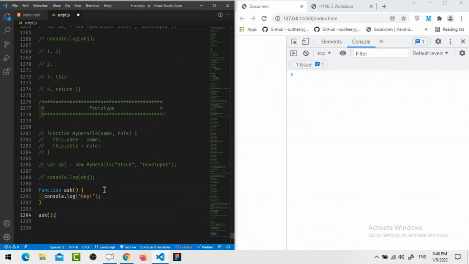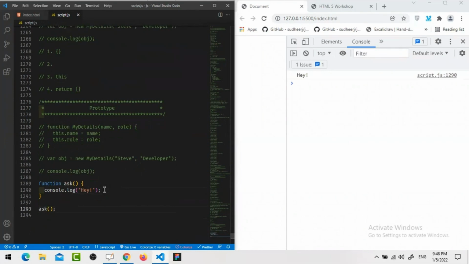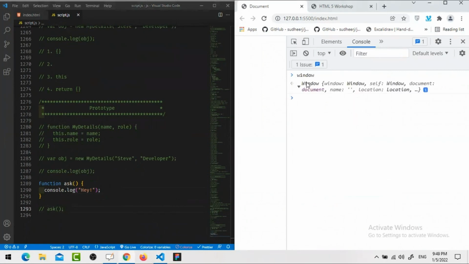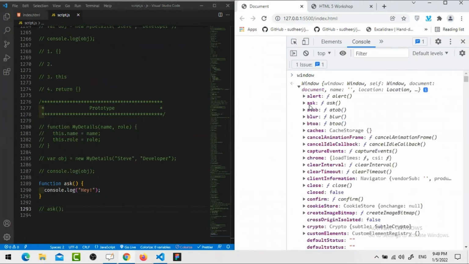So you will get here what? Hey, you are getting that. I'm not calling. As I said, if I'm creating a normal function, so once you create any function, a prototype object will be created for that function. So simply I'm going to show you that particular function here in window. So in window, if I expand, because this is the global object, in window,